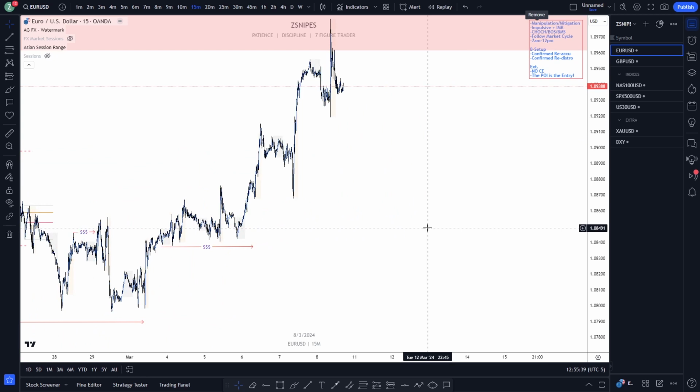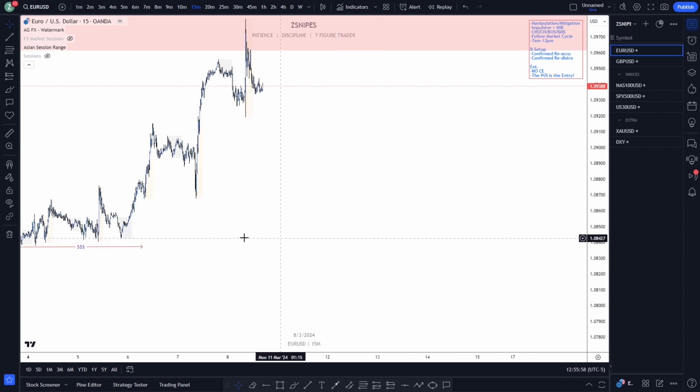Well, now here comes the case of knowing which areas to take and which areas not to take, right? This is the problem that a lot of people have when it comes to smart money concepts or supply and demand, or just in general SMC concepts, right? And I'll say this again, smart money concepts is not a strategy, it is a theory. Okay, so